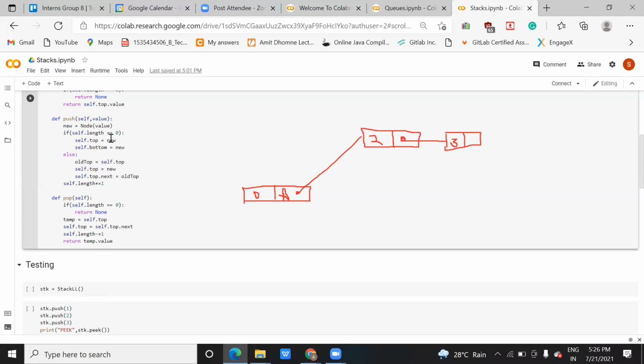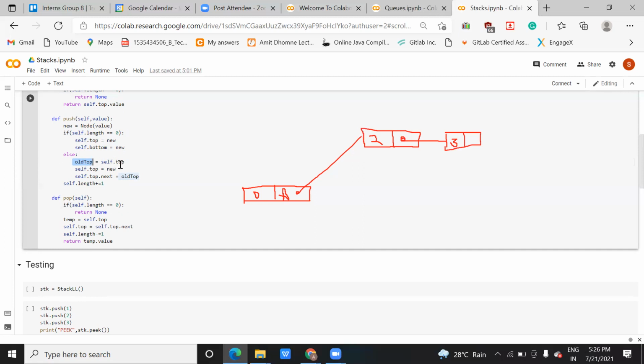You assign the new value to self dot top. Otherwise, in case this condition becomes false, suppose the length is not equal to 0, meaning you still have an element present, then the current old top will be assigned.